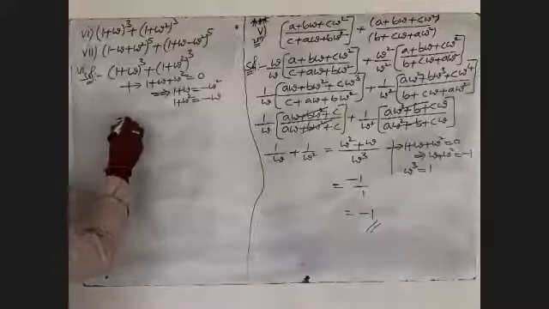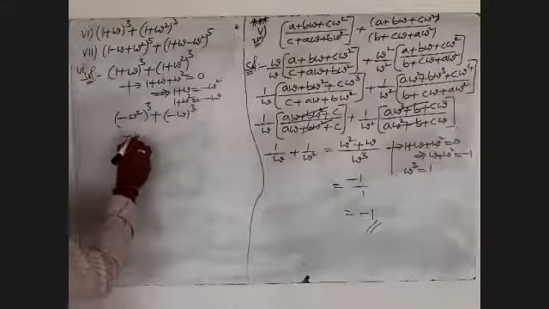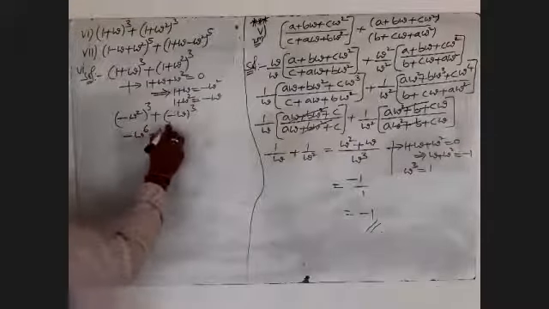That means minus omega square whole cube plus minus omega whole cube. That is minus omega square whole cube, meaning minus omega whole power 6, plus minus omega cube. Here we observe that omega power multiples of 3 are also 1, so I write minus 1 minus 1 is equal to minus 2. This is the answer to the sixth one. Now I am going to the seventh one.